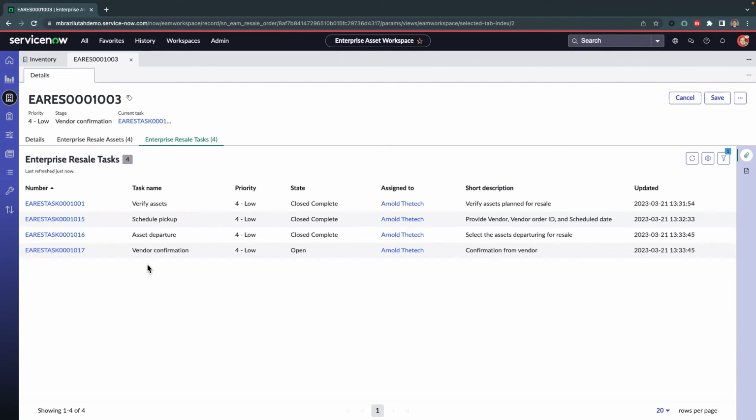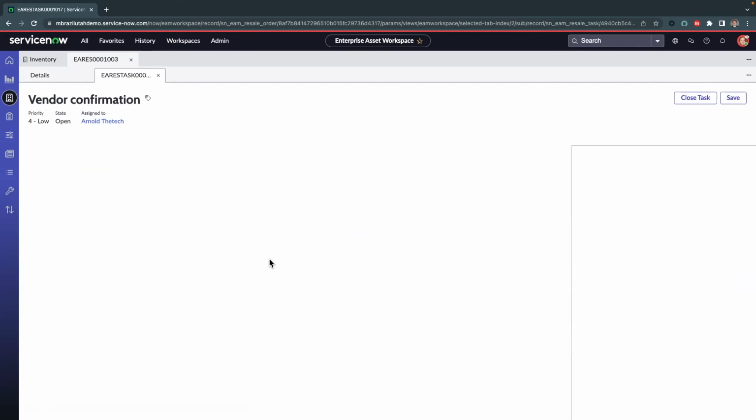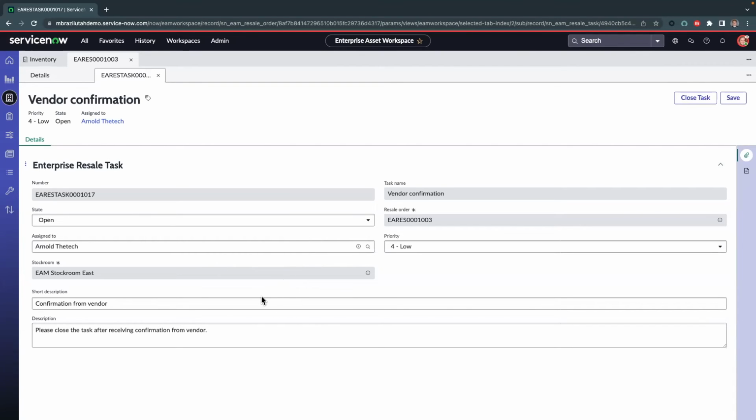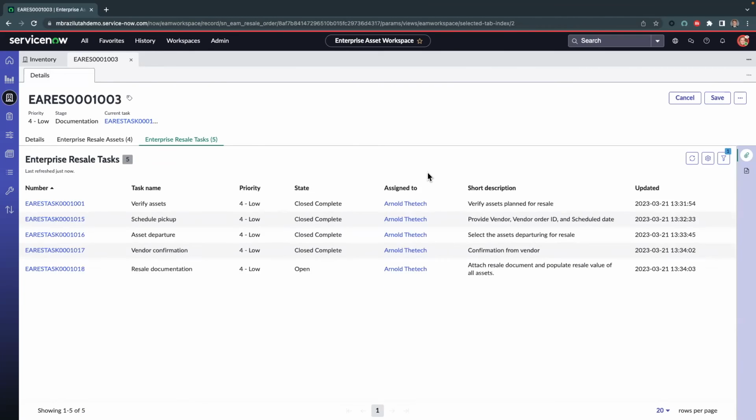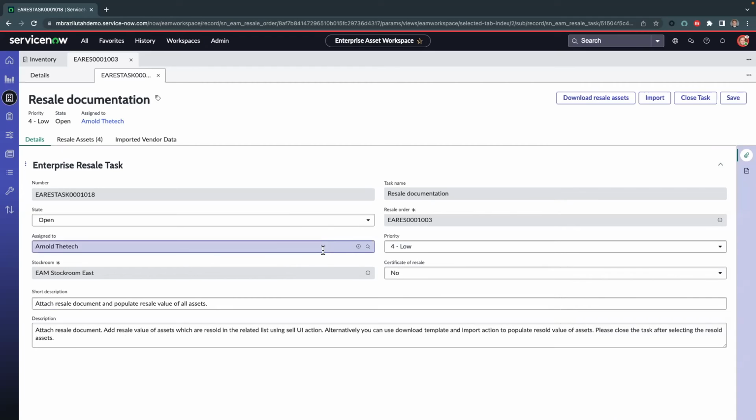So now the assets have departed, a couple of days would likely pass, and we then get confirmation from the vendor that they have received the assets. And we would then just come in and close this task, indicating that the vendor has in fact received the assets. And then as a final step here, we're going to be able to attach any resale documentation that would need to be attached,